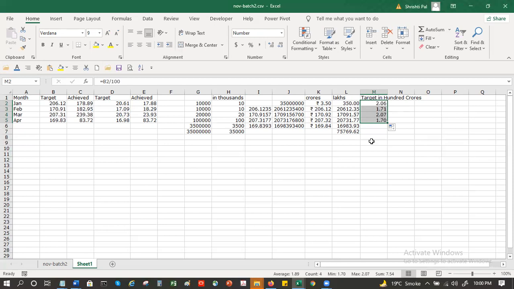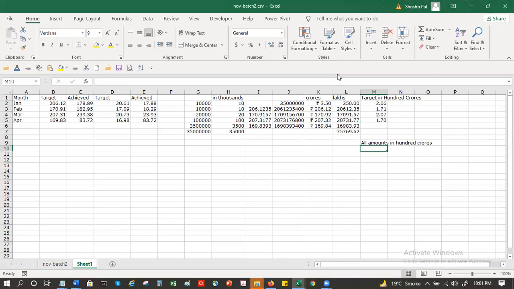And you can put a note here like this: all amounts in 100 crores. Will this help? Yes, it can. Yes, it will help.